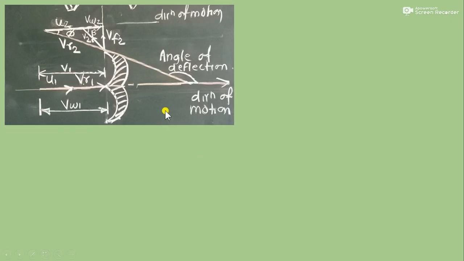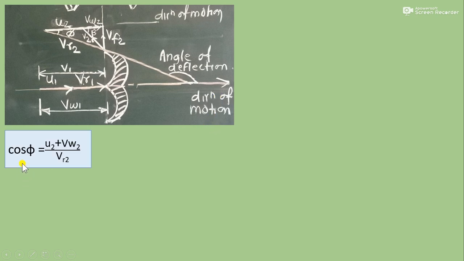Here we use velocity triangle diagram in which at inlet the velocity triangle is a straight line where v1 is equal to vw1. Angle alpha and theta are 0 at the inlet. At outlet velocity triangle, angle made by relative velocity is phi and angle made by absolute jet velocity at outlet is beta. Angle of deflection with direction of motion is given in the numerical.